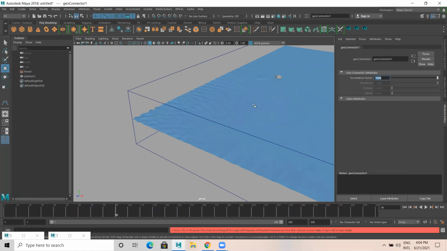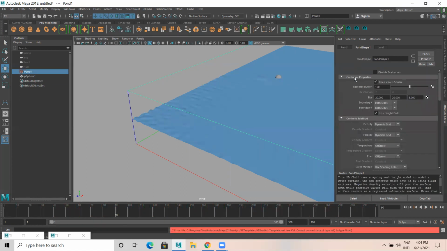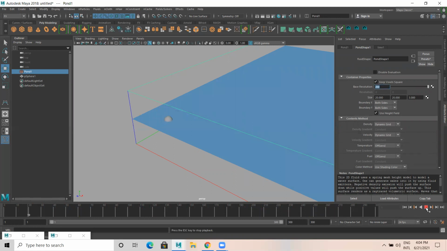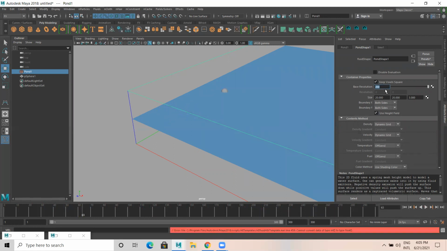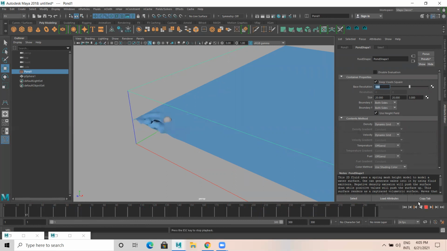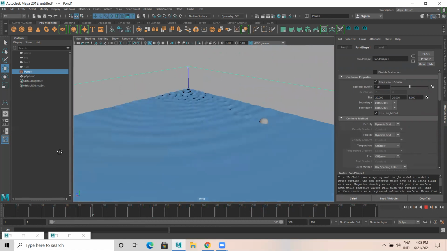Okay, great. Now I select this fluid container, base resolution is 100, right? I make it 200. Then when I play this, I make this 100 back, because system performance should be really good. Normal in the viewport, it won't show. Base resolution, if you do 200 or more, do playblast, you get very good movements. So now in the viewport, this is the output.